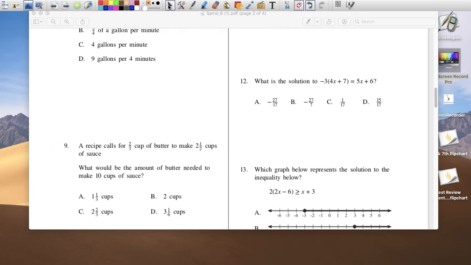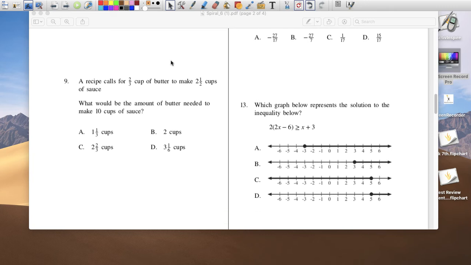9. A recipe calls for 2/3 cup of water to make 2.5 cups of sauce. So if I have,